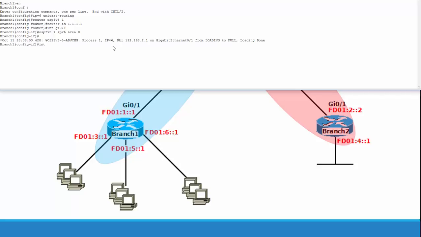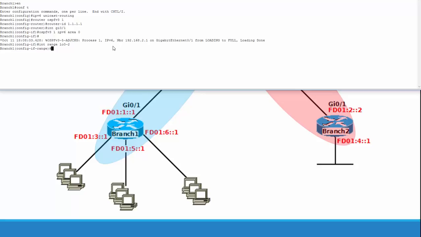Now, I'm going to do all my loopbacks at once, so I should be able to do an int range, Lo0 to 3 of them. Do I have 3? No, 0, 1, 2. So I have 2. And again, OSPF,